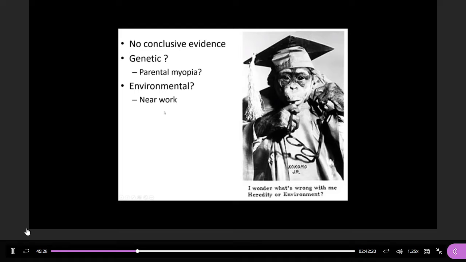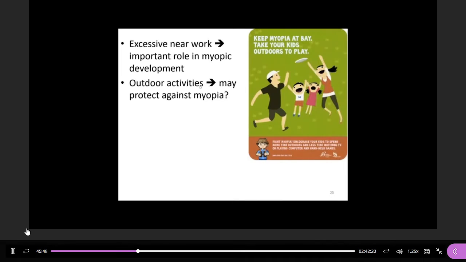And the environment. Why does Hong Kong have more myopia? I think maybe because they have small living spaces, right? Our kids cannot go outside to play around. They always do near work and play a lot of video games, right? Maybe our living environment is too narrow. We don't have enough light. So all these things are